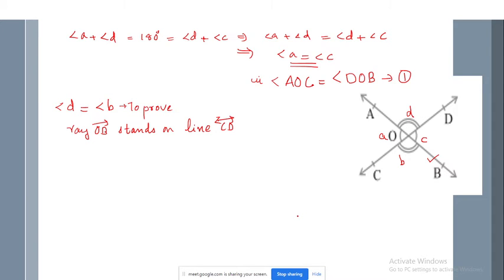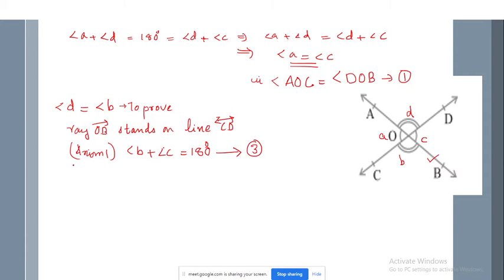Okay, ma'am, angle B plus angle C is equal to 180, ma'am. Yeah, angle B plus angle C is equal to 180 degrees. Here we have OB. The ray OB is standing on a line CD and hence from axiom 1, the linear pair axiom, we get that angle B plus angle C is equal to 180 degrees. So I will mark this as equation 3.